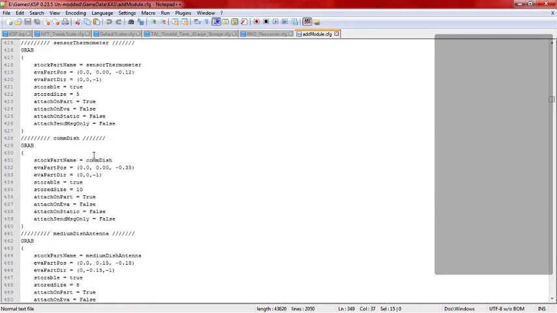Most importantly is the stuff on comms. If you have ever launched a probe and you have RemoteTech and you forget to put an antenna on it, or you forget to deploy it,